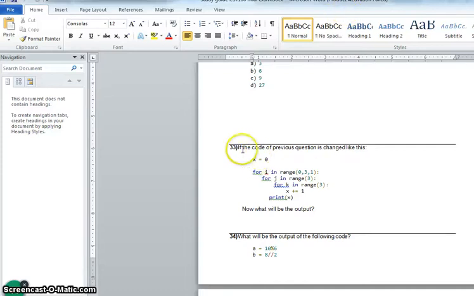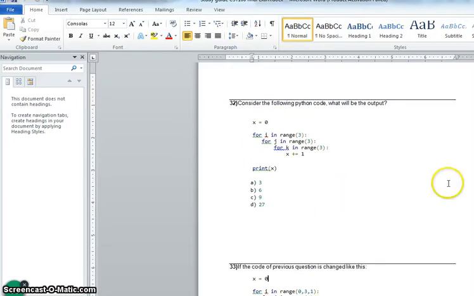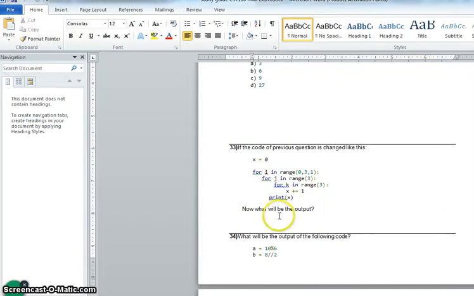Everybody, so we have question number 33 here, and it takes three for loops nested into one another, and then x, which is defined from 0, gets +1 and then prints the value. The previous question has the same code, but the indentation of print is just next to the outermost for loop. And here I have increased the indentation almost to this for loop, and we'll see what will be